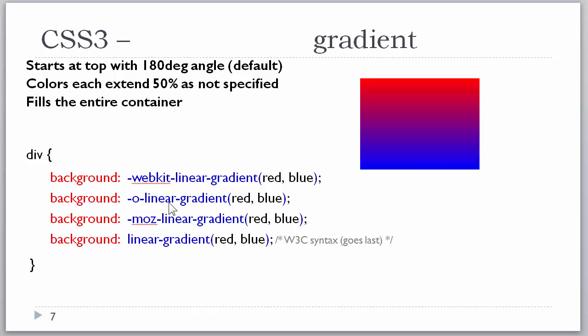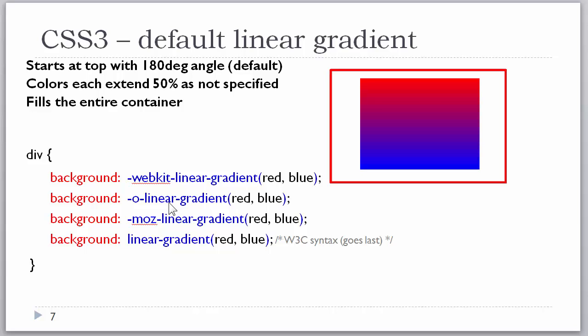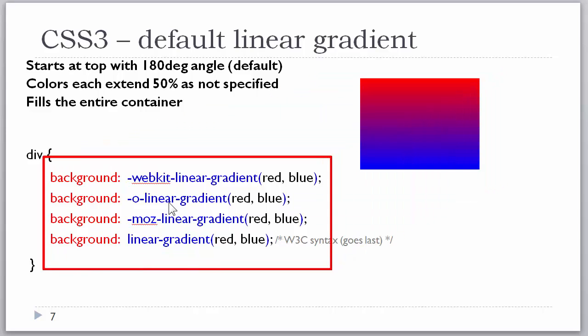So let's take a look at a default gradient. If you look at the diagram, you see our color red fading into blue. If you take a look at our CSS code, you will notice that we are writing it with the browser prefixes. Linear gradient is probably still a good idea to use vendor prefixes, although I tend to think that the current browsers